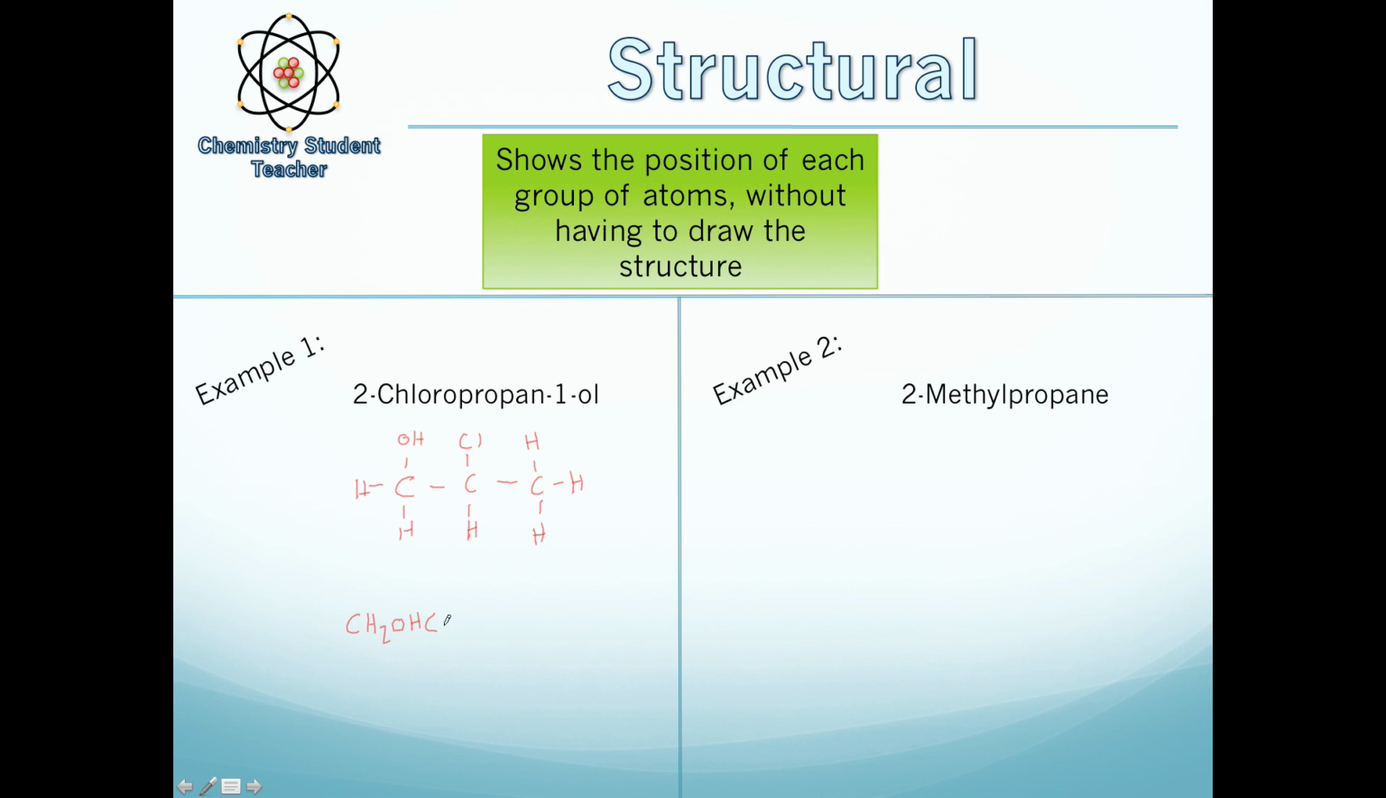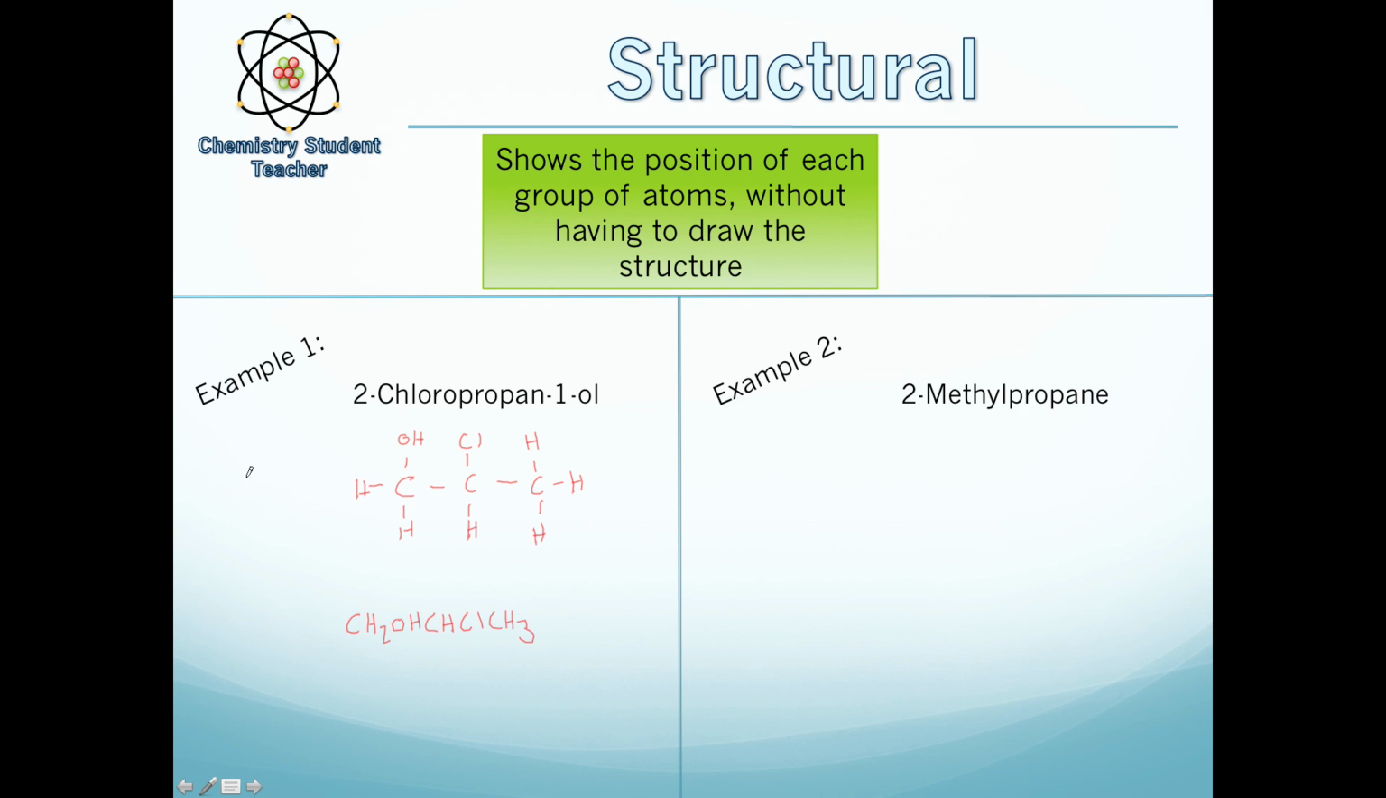We've got the second carbon, which is CHCl. See, we've got a hydrogen and a chlorine on there. And then CH3. See, we've got a carbon with 3 hydrogens on there. So you're just simply writing out what you see, and it's quicker than having to draw out this displayed formula,